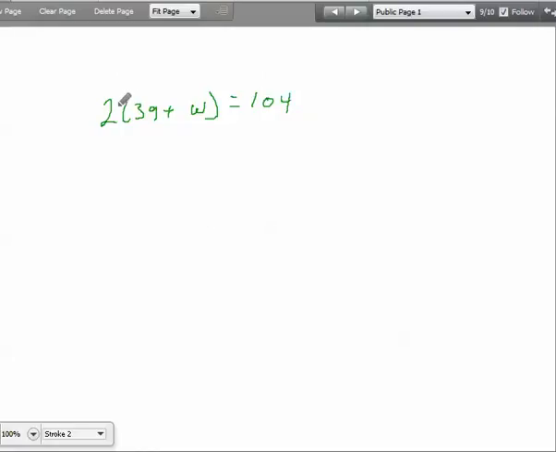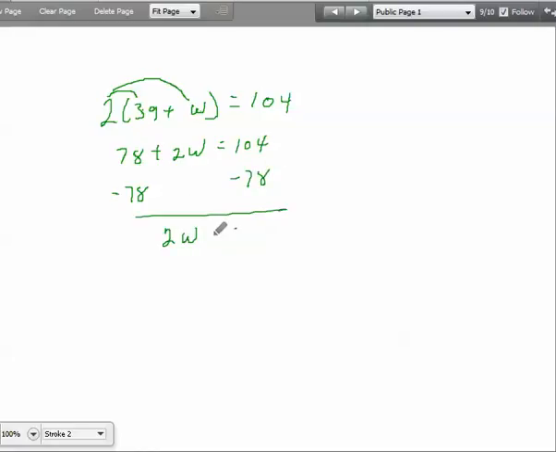Well, let's see here. I can't add 39 and W together, so I'm going to have to leave those separate. I probably could do the distributive property here. 2 times 39 is 78, and 2 times W is plus 2W, which is equal to 104. I could subtract the 78 from both sides, and I'll get that 2W is equal to, let's see here, 78